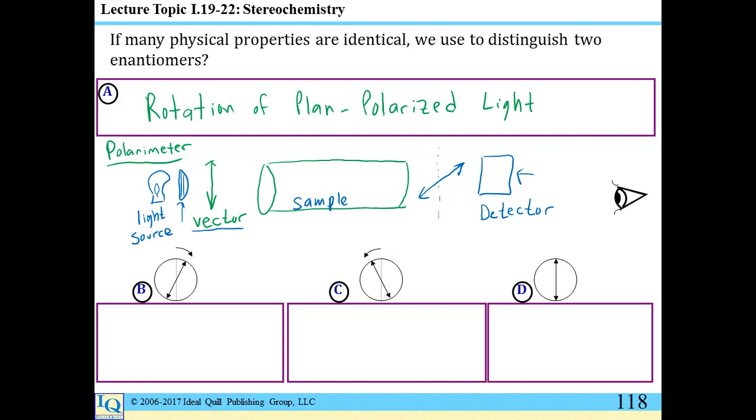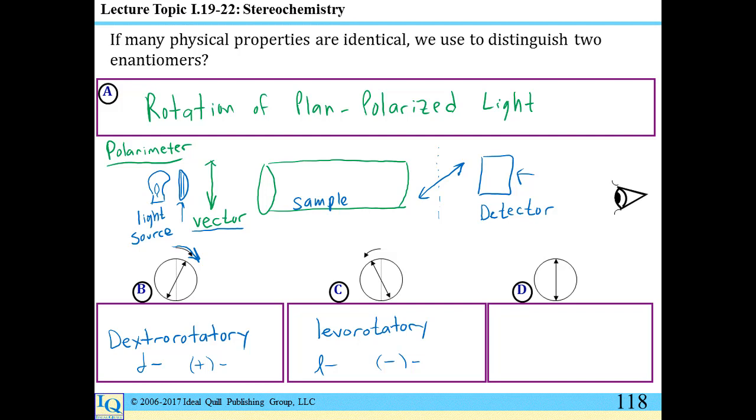in opposite directions. If we have rotation of the plane polarized light in a clockwise manner, as indicated above box B, we call this the dextrorotatory isomer. You may notice a small d or a plus sign in front of some compounds to indicate to the reader that they are dextrorotatory. If, on the other hand, the plane polarized light is rotated by the sample in a counterclockwise direction, this is the levorotatory isomer, and you may see a small L or a minus sign in front